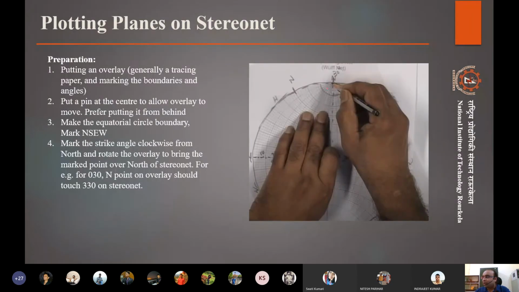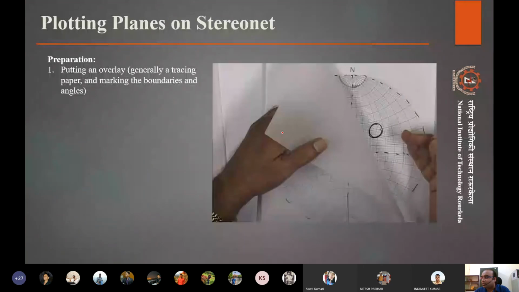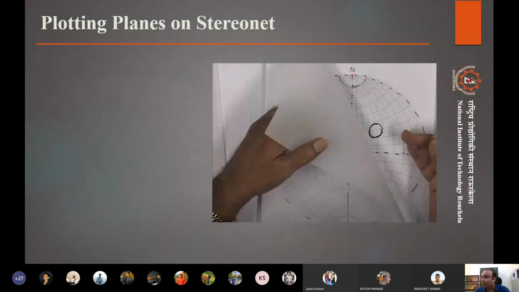Then all the markings are done, like the equatorial circle boundary, and the north, south, east, west are marked. Now, when we want to mark a strike angle, all the strike angles are marked clockwise. So if in the previous one we saw this is north, right?